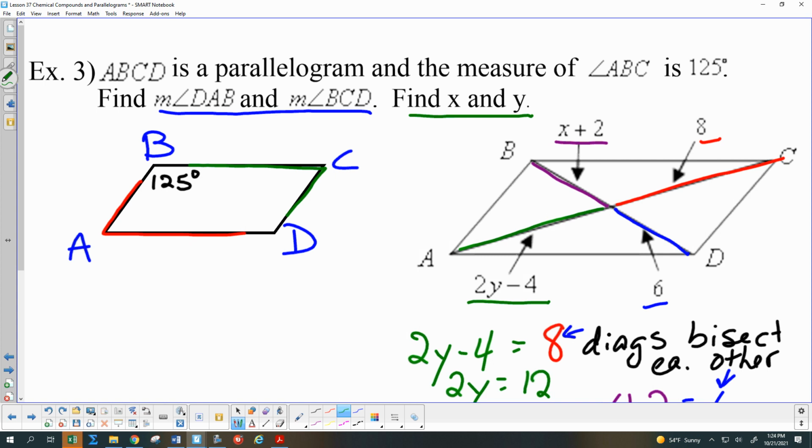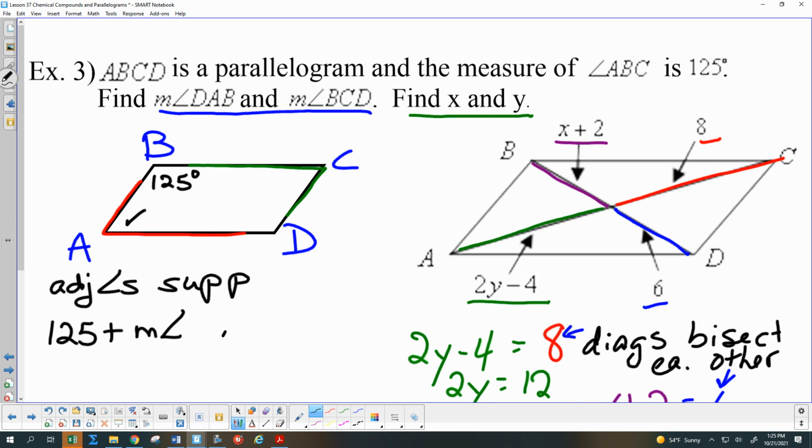And so which adjacent angle are you thinking about? So you're thinking about, let's use A and B. So this one right here. And we can say that adjacent angles are supplementary. So we can take the 125 plus the measure of the angle that's at A, and we have to get